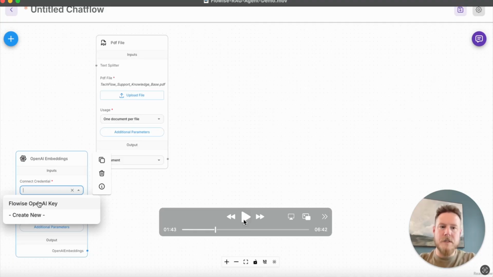You could use some other solution providers and language model providers besides OpenAI, since they support many others, but since I already had an API key, I'm using that, and it's also one of the common ones for this demo. So I've already created an API key and stored it here, so I'm just selecting it, but you would go to create new if you were doing this for the first time.